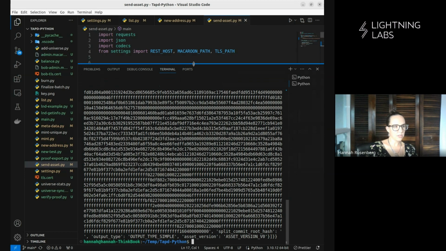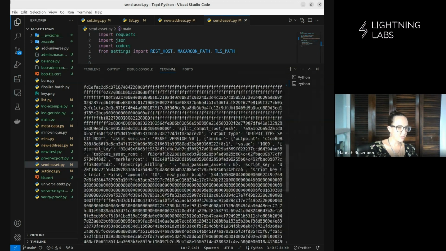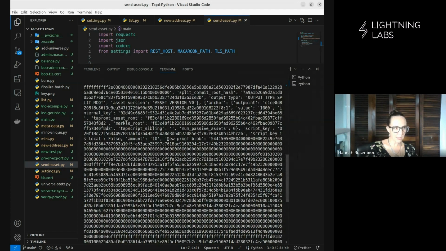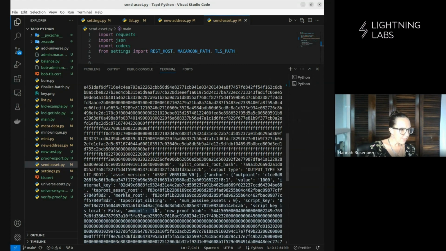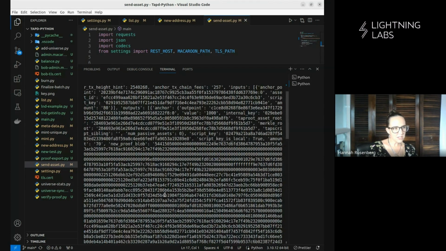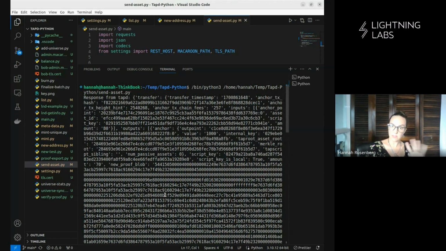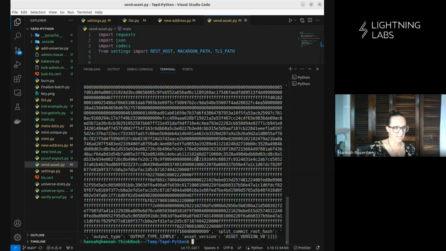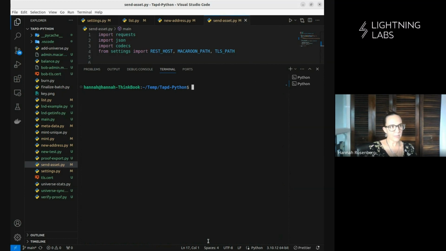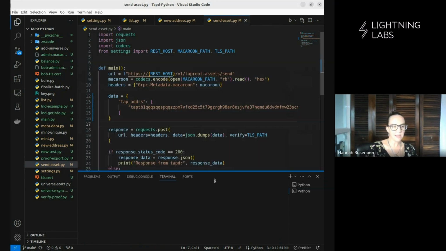Awesome. That is what we are looking for. Again, not very pretty and nice to read, but we can see we get a whole bunch of information back. Here is the proof data here. There's our amount, 10. We won't dig too much into this. You can go into the API docs and get very specific information on exactly what data is returned from here. But it looks like we also have some transaction IDs. Oh, look at fee info, all kinds of different stuff. But this is good. That we got this in return means that that was successful. That on-chain transaction has happened, transferring those 10 API demo bucks